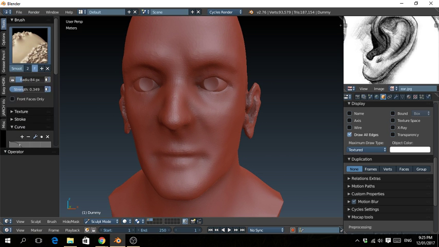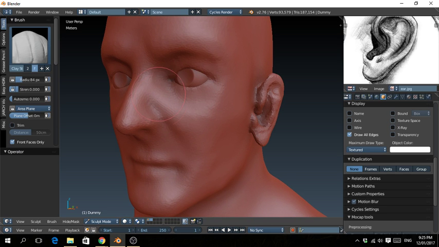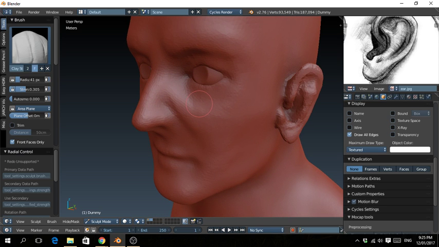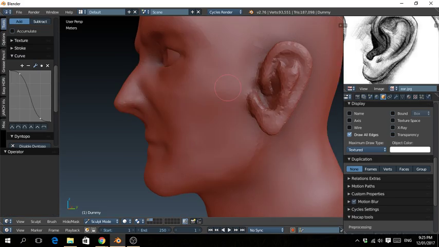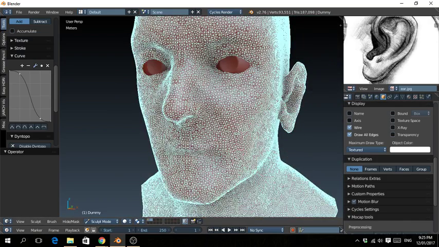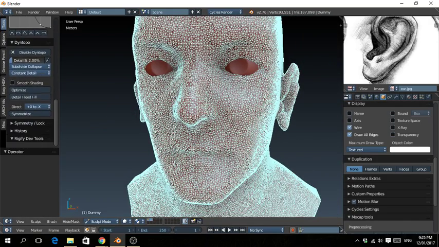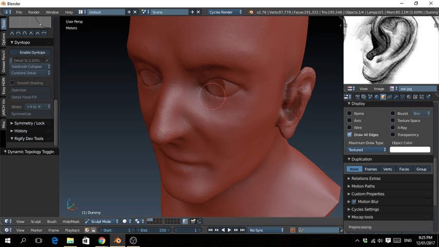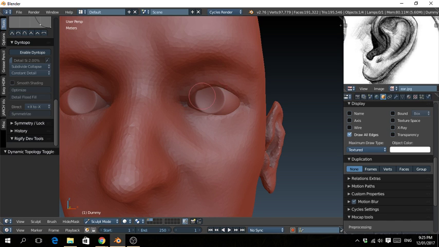And now we'll go over this again. Let's see. At this point, I don't want to add many details, so I'm just going to disable the dynamic topology for the moment. And I'm going to work on the eyes. So the eyes,